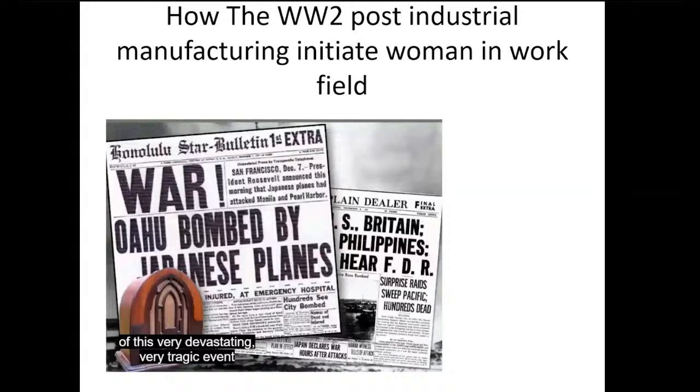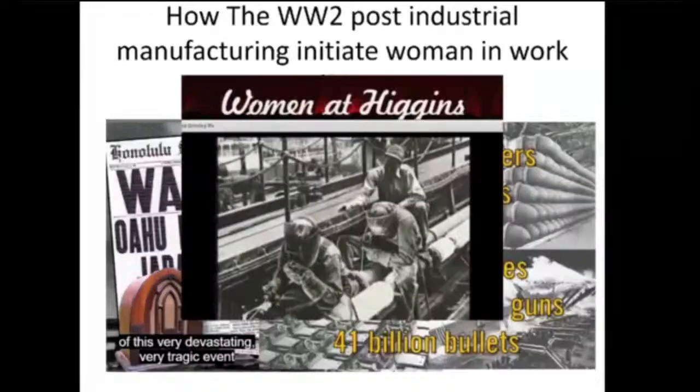All this actually allowed women to work in industry. When women worked in industry, they started to clean up everything, then label everything, like the tools, and so on. And then they did the quality control in the industry.